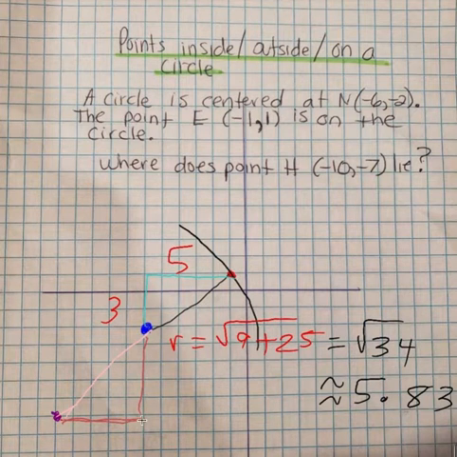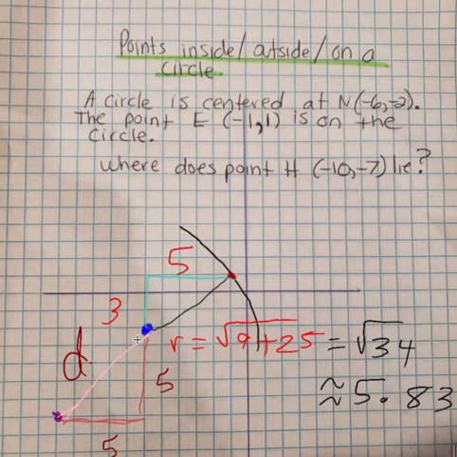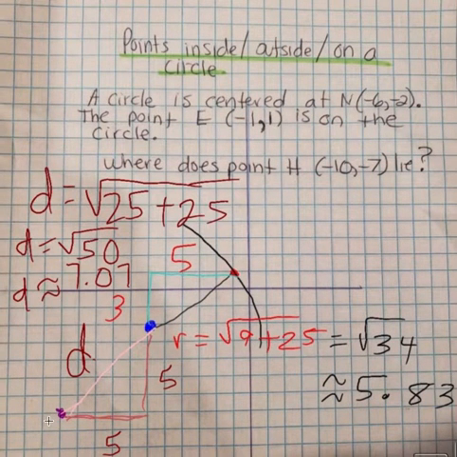Use the Pythagorean theorem to find that distance, the distance from the center of the circle to point H. And if we use the Pythagorean theorem and do the math, we get that that distance is 7.07. As you can see here,